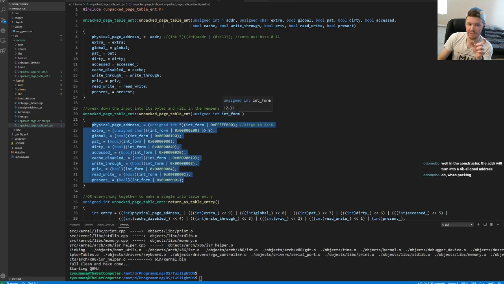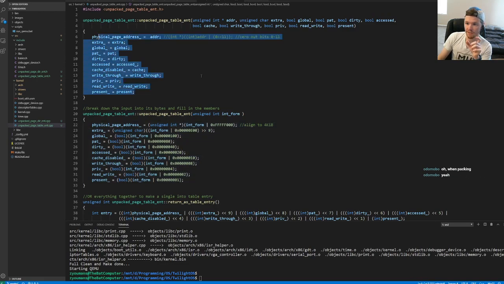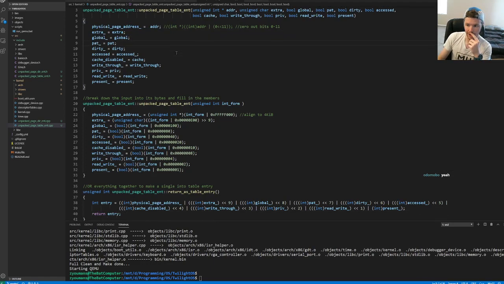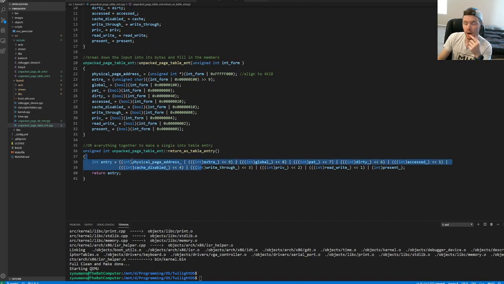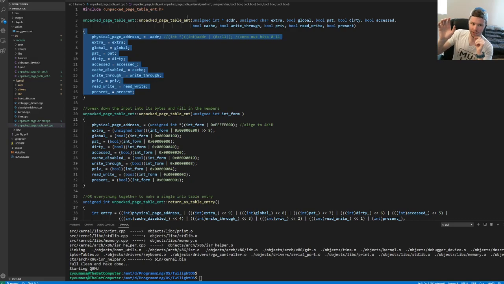If I make one explicitly right here with this constructor, it won't do anything special to make it a 4 kilobyte address, but this one technically will. So when I go find a memory location,